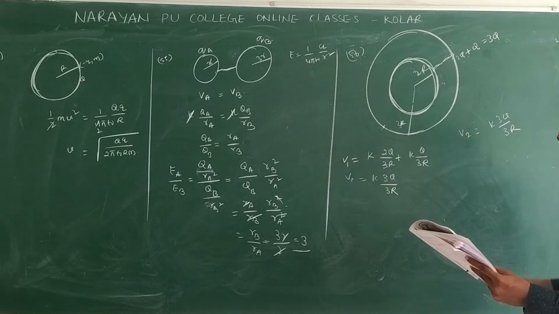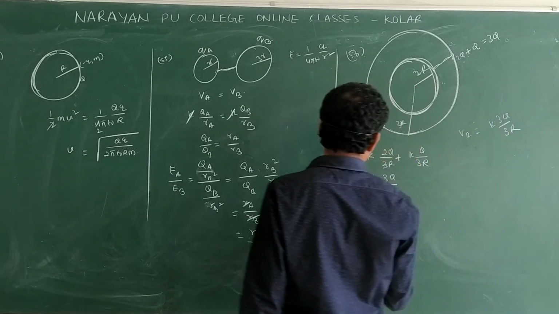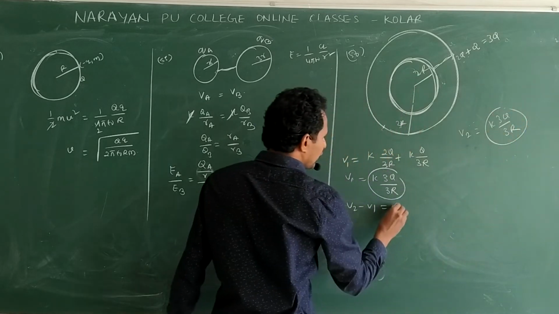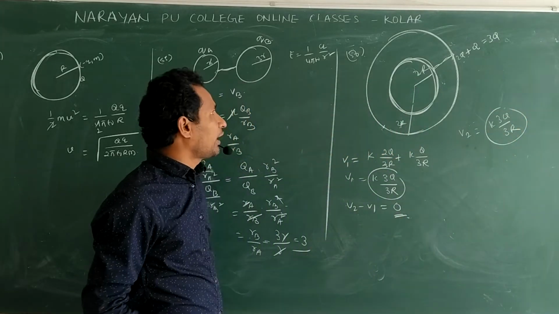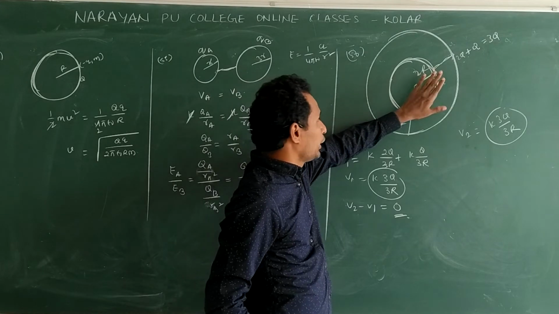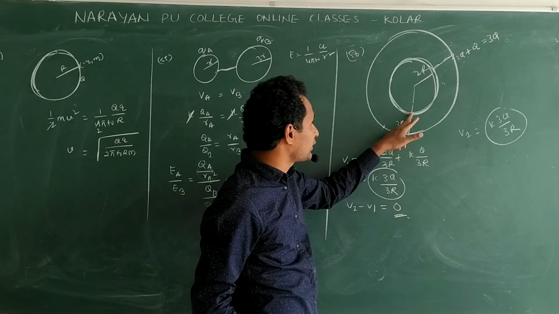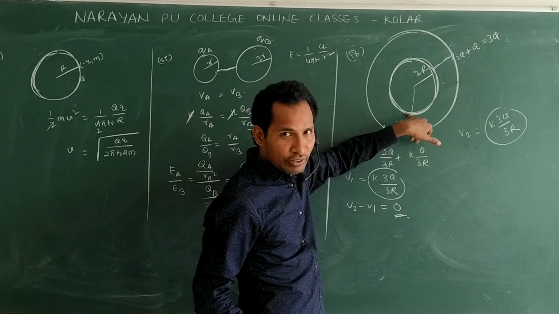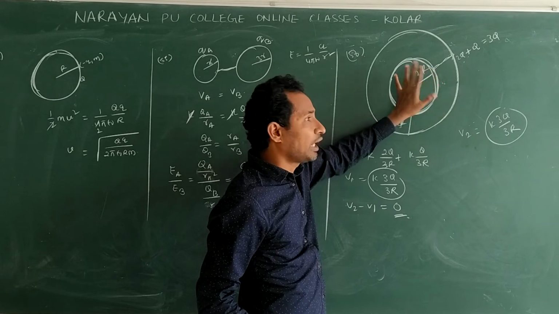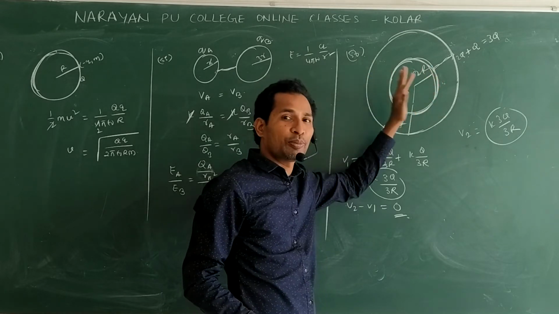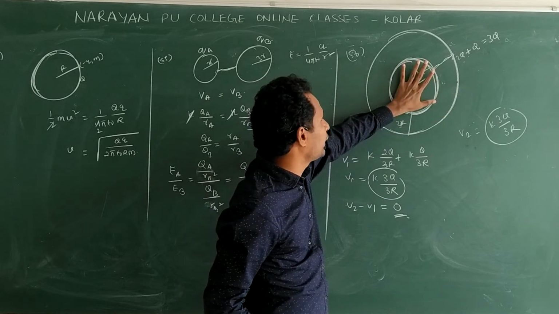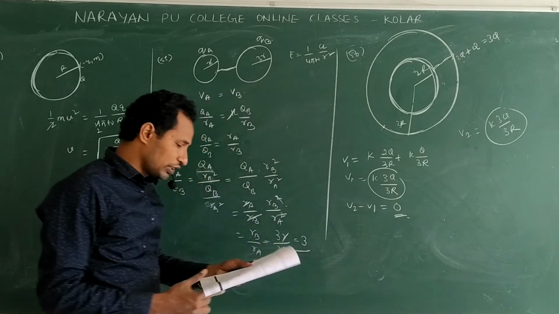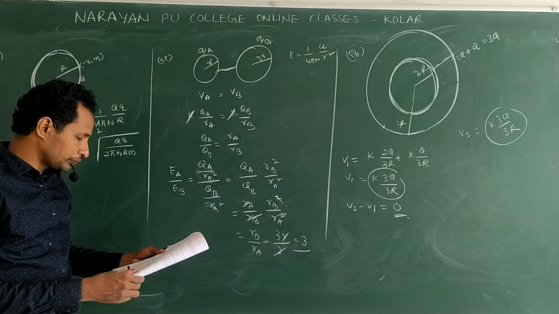So what did they ask? Change in potential they asked. Then V2 minus V1. Both values are same. Then the answer is 0. See, always if you connect like this, if you compare previous equations, potential on the inner surface, potential on the outer surface, clear? Potential is more on the inner surface. When potential is more, always charge will flow from higher potential to lower potential. So here we have a higher potential, so that charge will transfer to the outer shell. Now the difference in potential is 0.